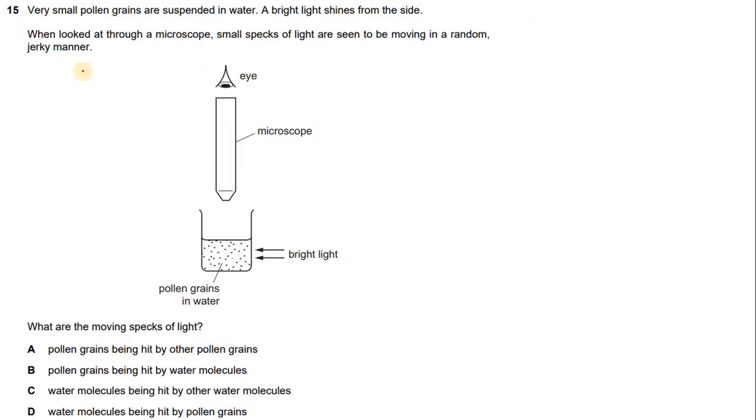Question number 15. A very small pollen grain is suspended in water. A bright light shines from the side. We look at it through the microscope. A small speck of light is seen to be moving in a random, jerky manner. What are the moving specks of light? So basically what is happening,